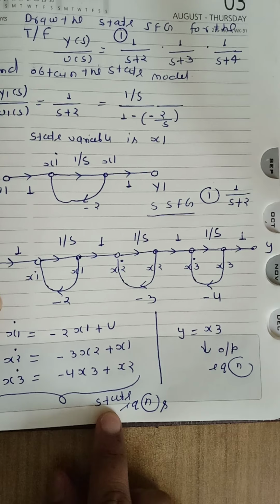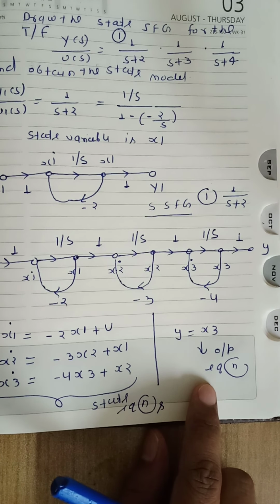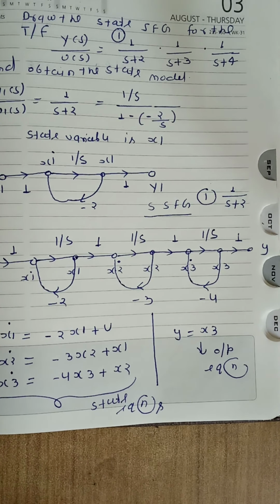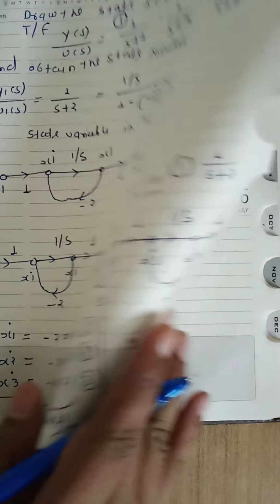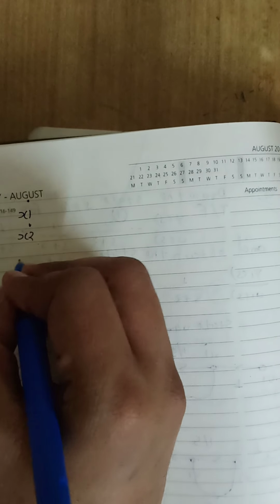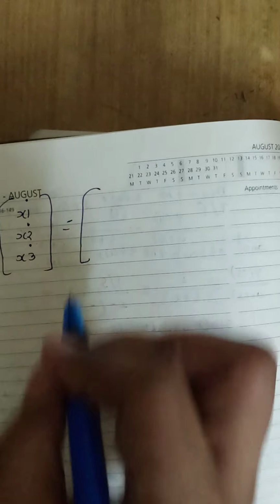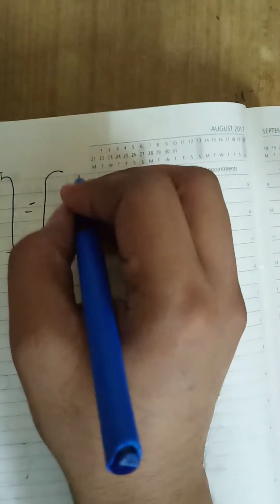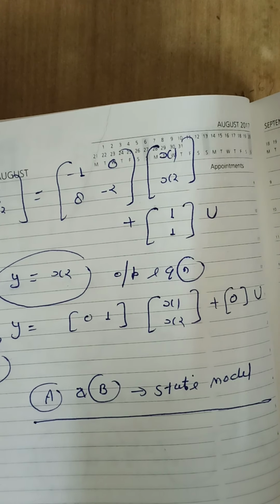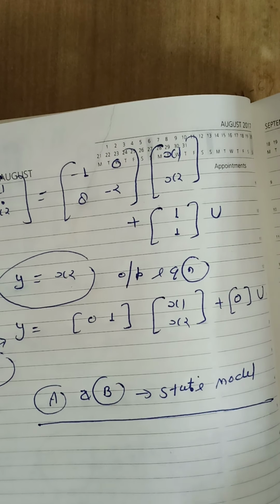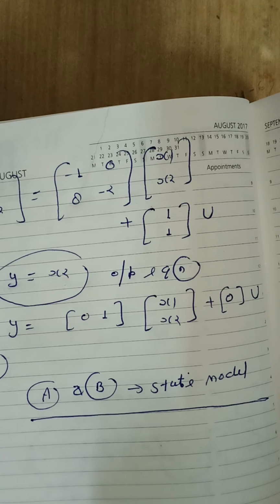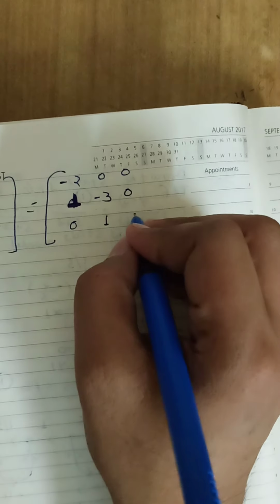With the help of state equation and output equation, we can define a state model in a matrix form. So from first, second and third state equation, we have a matrix form of state equations according to x1 dot, x2 dot, x3 dot equal to the matrix with rows minus 2 0 0, then 1 minus 3 0, and from third state equation, 0 1 minus 4,